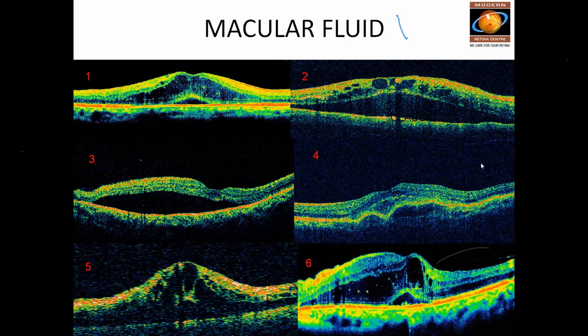So, there is a question, Raja: what are the raster lines or the radial scans? Actually, there are many types of scans available on your OCT, but for the majority of them we just need a line scan to see. Raster lines are multiple horizontal scans from arcade to arcade.